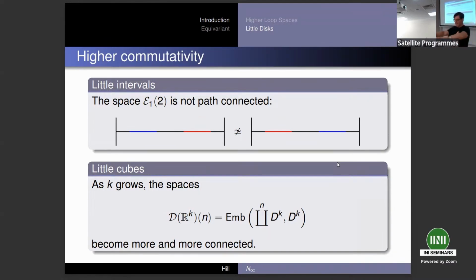Okay, so I have the line out in front of me, and then I've got two intervals given by my two hands. And when I embed them in this way, that's a distinct embedding than embedding my hands in this way. And actually, I physically know this because I can't reach this configuration from this configuration by just continuously moving my hands around in this plane, because my hands don't pass through each other. I can push as hard as I like, and it gets painful fast, but it doesn't actually realize what I want. So in fact, I have two distinct path components.